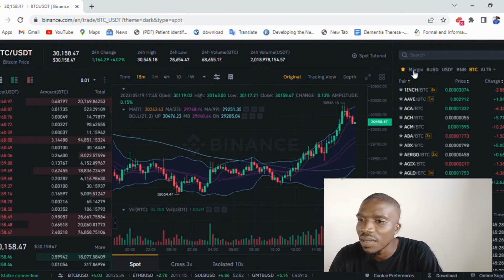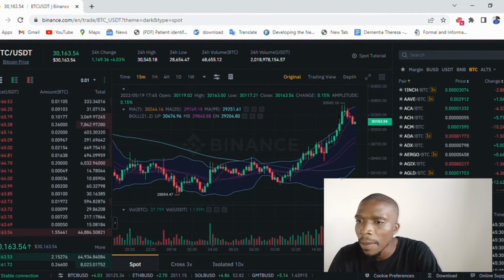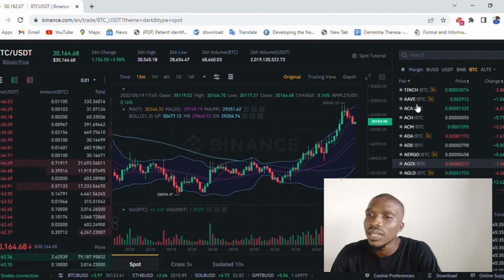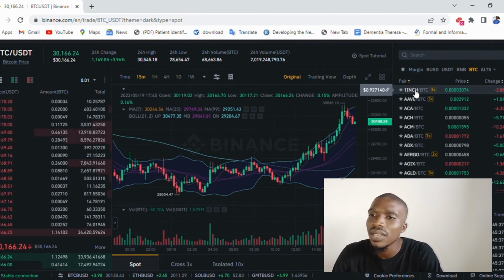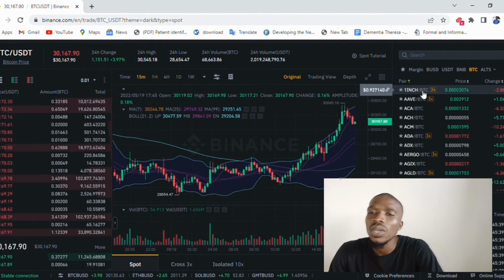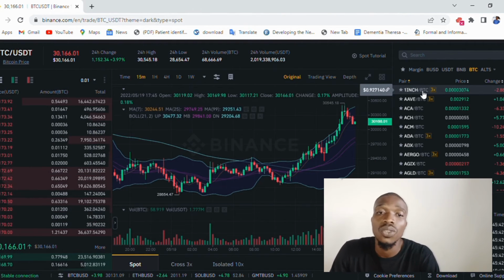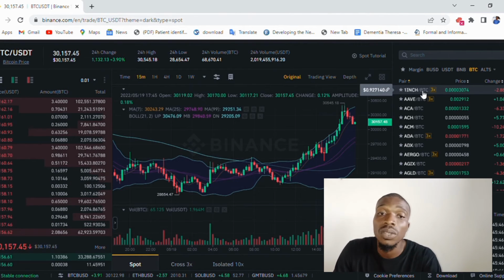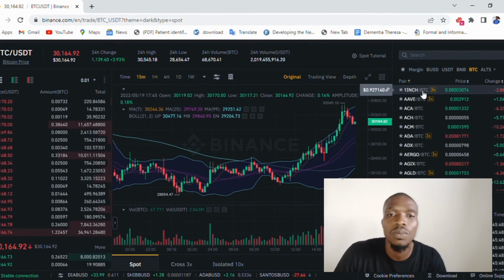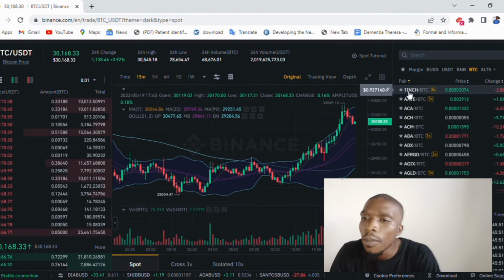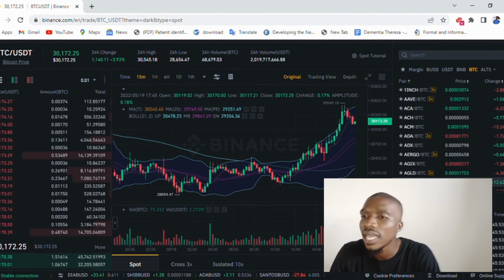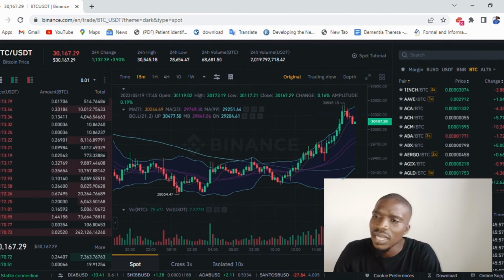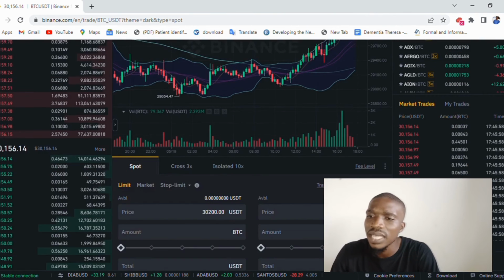So on my right side, you have the market and trades that are being performed at the moment. Now on this side, you have other currencies that you can exchange with Bitcoin. So assuming you've been able to convert your euro to USDT, then down to BTC quickly, you can now purchase any of these assets because they are paired against Bitcoin. So that's what the interface provides you.